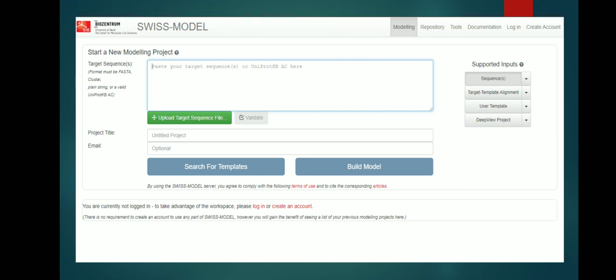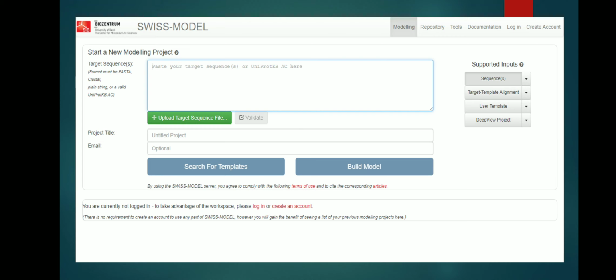This is the homepage, what it looks like when you start doing a homology model. We're using this model. The topmost column is where you paste your sequence.